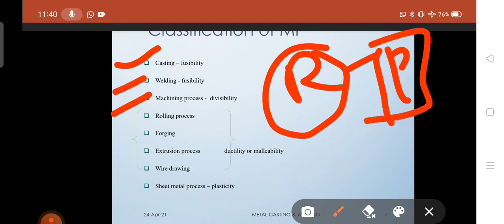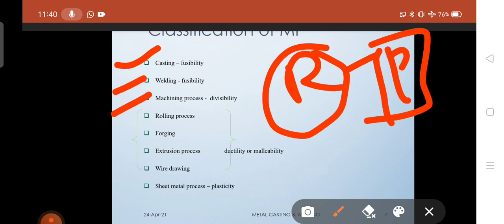Major industries completely depend on these four manufacturing processes. Either they use casting, welding, machining, or a forming process, depending on the application, the advantages, the disadvantages, and economic aspects. By considering all these aspects, they select a particular process.